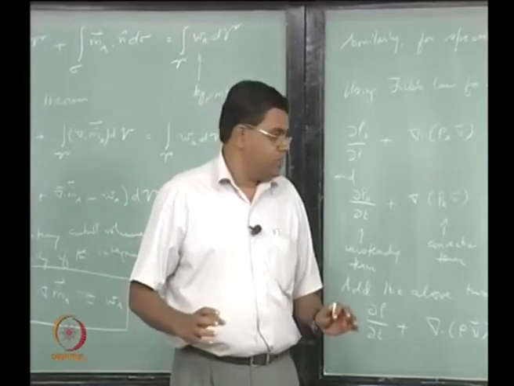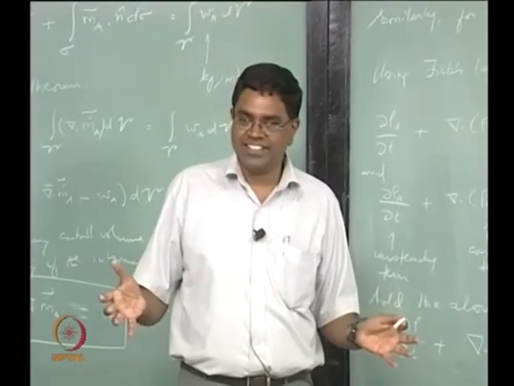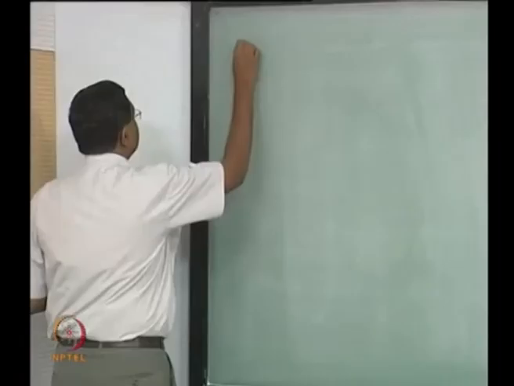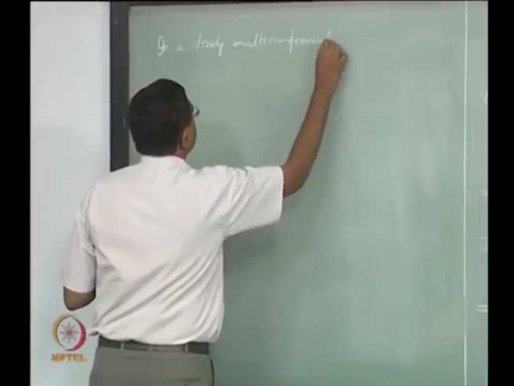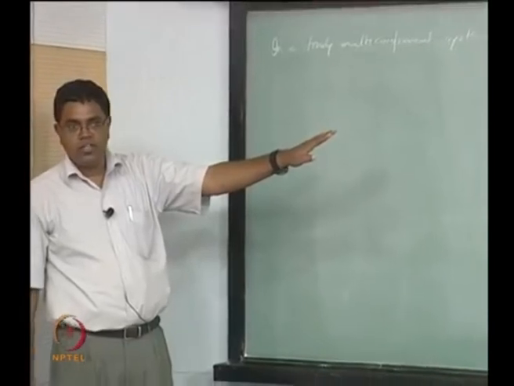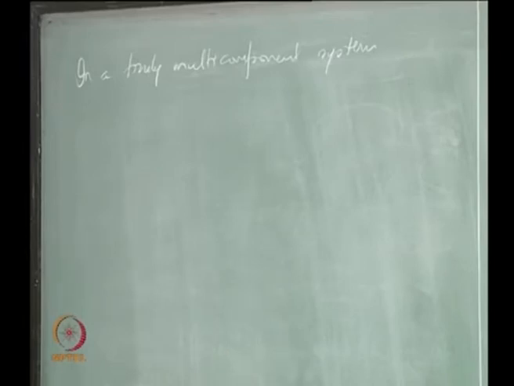Now, while we started talking about mixing, that is diffusion, we have been stuck with binary mixture. Binary mixture is boring, we need something more. So let's look at what to do for a multi-component system now, a truly multi-component system. When you say truly, that means it is not even binary. Binary is multi-component, but bi is not multi enough. So we want at least 3, since you always look for the simplest situation. So 3 species becomes complicated for us. So in a truly multi-component system, that is more than 2 species,